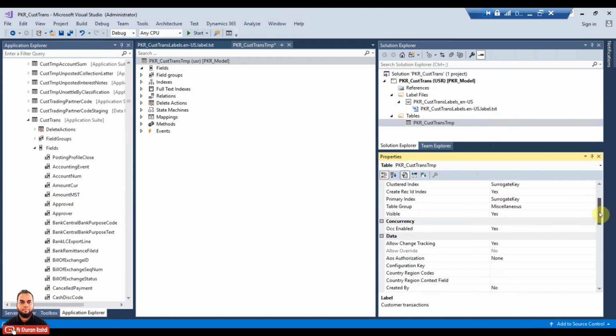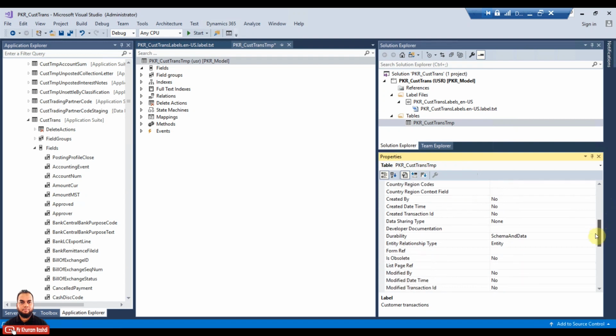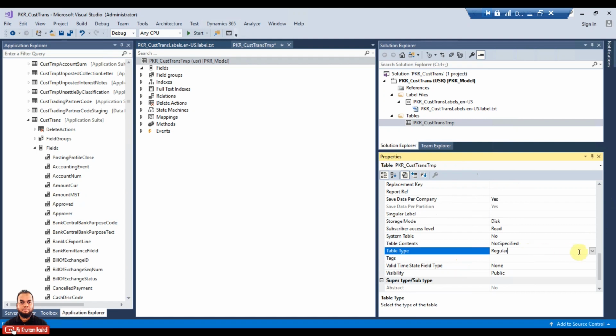choose the table type. So by default it is regular. You can choose one of the values. In memory tables are only recommended when you know for sure that only around 500 to 1000 records will be there, and in future there will be no more than that. Of course, in memory means the records will be kept in RAM, so always it's better to use temp DB